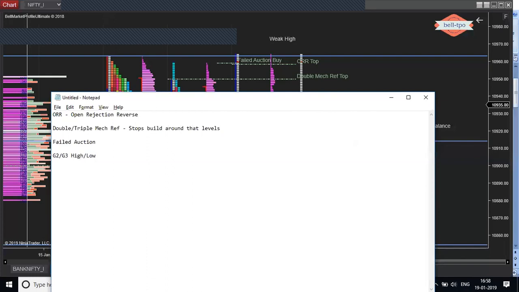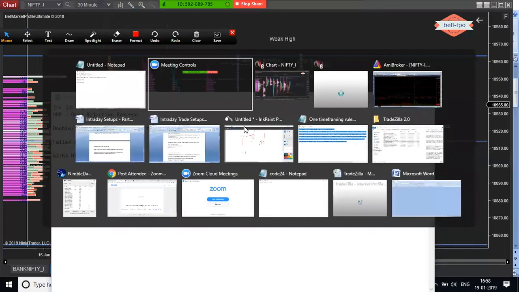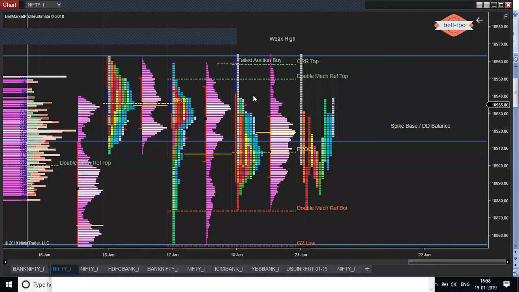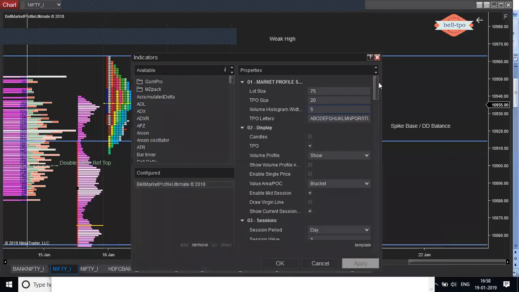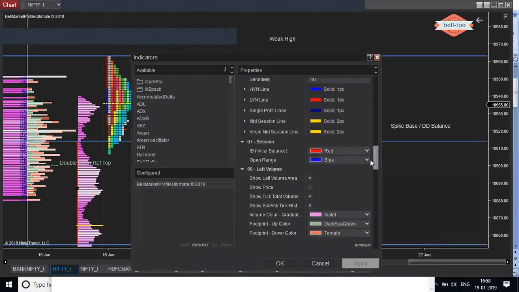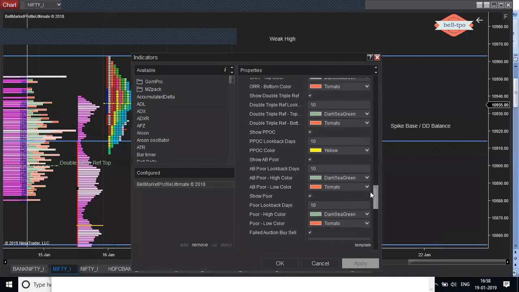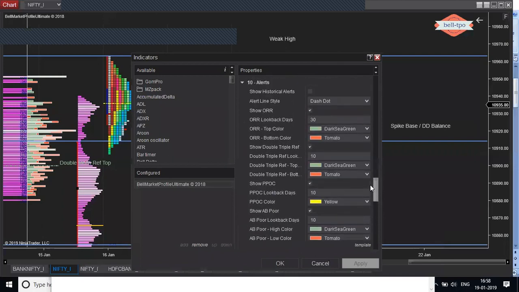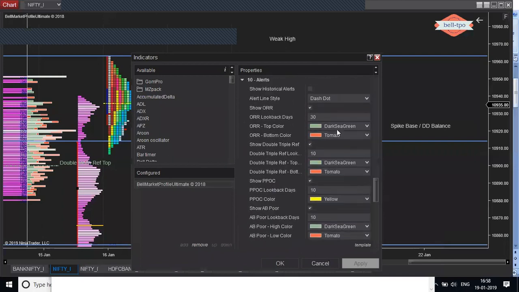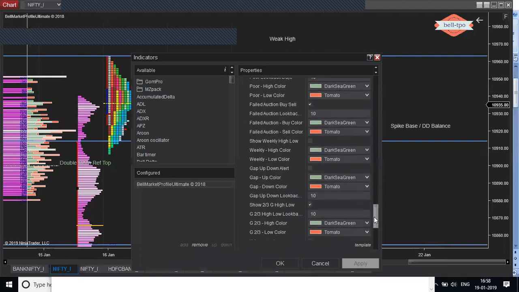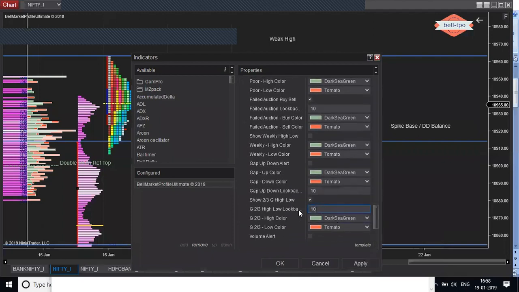But by default, the look back period will not draw all the reference lines. If I right click and go to indicators, by default you will see the value of 10, 10, 10, 10, 10 filled over there. That means only those reference lines which are not cleared in the last 10 days will be listed. If, for example, I want to check whether there is any weak ORR in the last 30 days, and I want to get all the G2, G3 which happened in the last 40, 50 trading days and are not cleared,